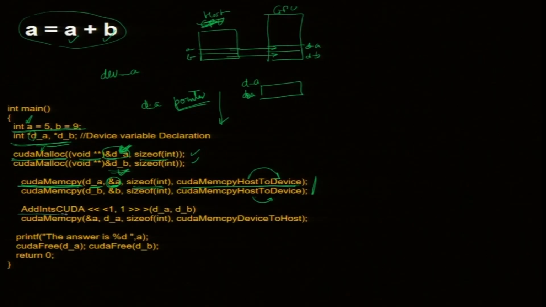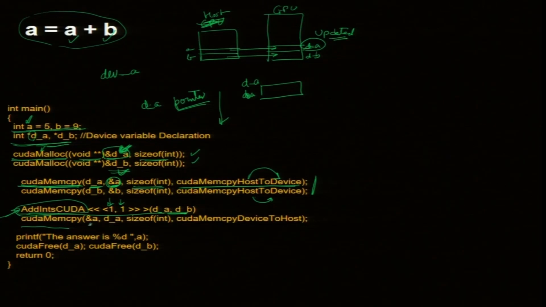After that I am going to call the CUDA function, add integers CUDA. This is the name of the function. It uses one thread block, one thread, with DA, DB, so it is 1 comma 1. We do not put 1 comma 0, it is 1 comma 1, and this is going to add. So, it is going to compute A equal to A plus B, and then where is my result? It is there inside the GPU. So, this DA is updated. Is it clear? Now, what do I do with that number? Can I print it? Well, normally no, a device does not like that.